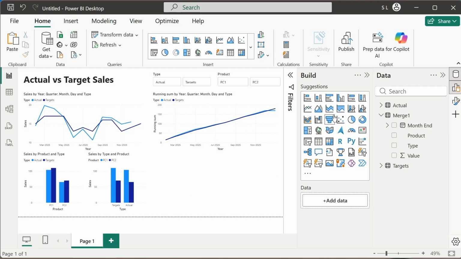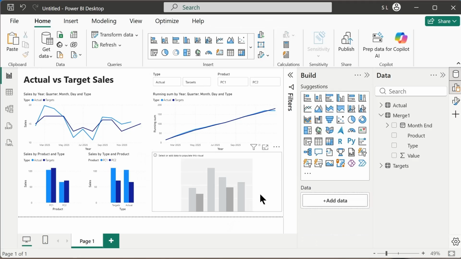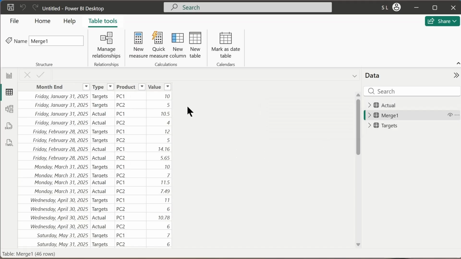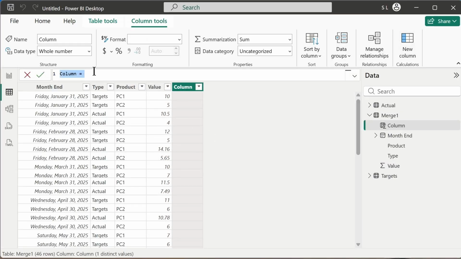We can also use another column chart, and we can display variance of sales and variance of actual sales and targeted sales. But to do that, we need to create a custom column. So let's go to the table view and select the merge table, and let's create a new column. So in this column, let's call this column variance,